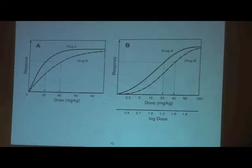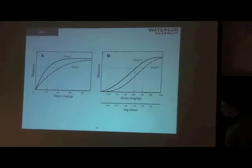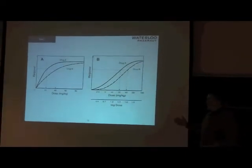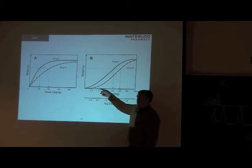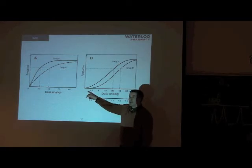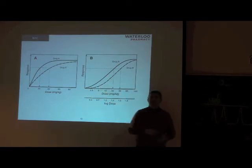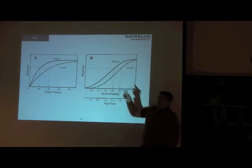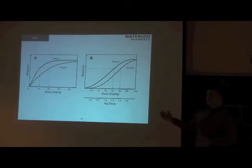Lower blood pressure, how much you speed up heart rate, whatever it is, that's the response. And as you might expect for many, many drugs, the more you give, the more response you get. And if you give a really, really small amount, you might not get any response at all. And then at some point you'll start to get a response, and that response will go up, and then usually there's a maximal response that you'll achieve. And even if you give more drug after that, you won't go any higher than the maximal